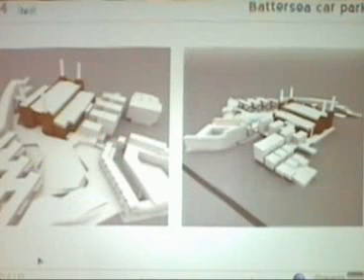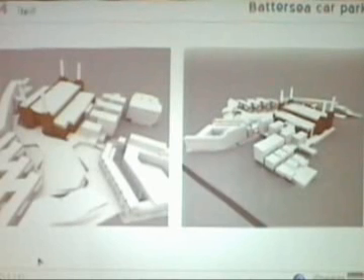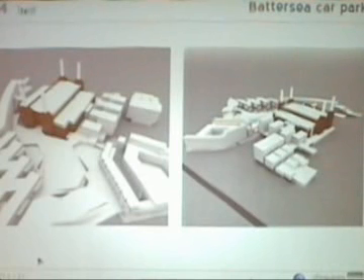This one is another project in which we've used Blender mainly because the model is very huge, lots of vertices, lots of polygons. It is a new development that is going to be built in London, close to the Battersea Power Station, which is a big building with bricks, as you can see on those two pictures. The car park is quite interesting. It is a kind of spiral that goes towards the center of the Earth. It is like seven stories,